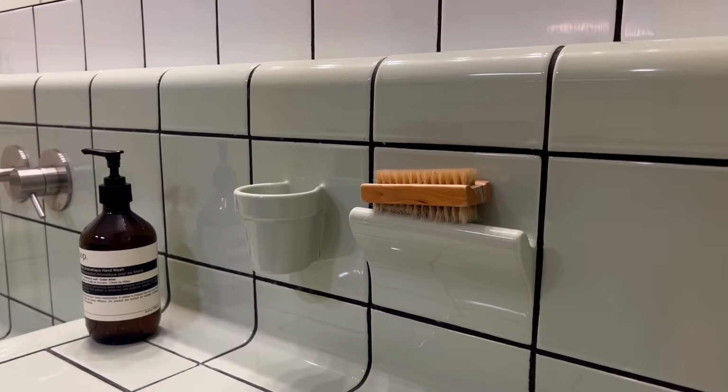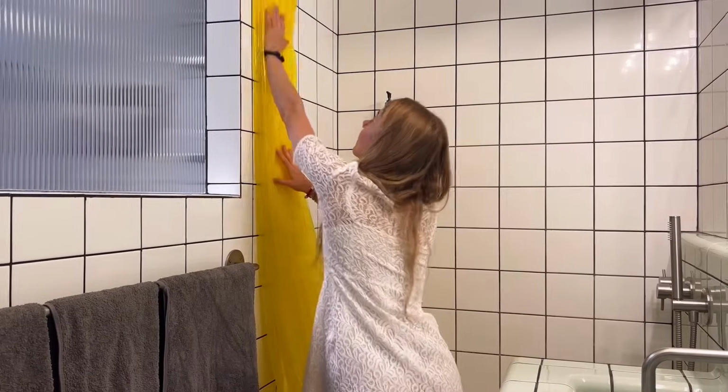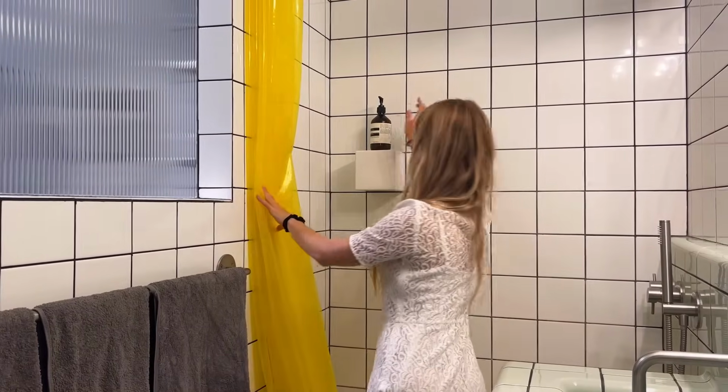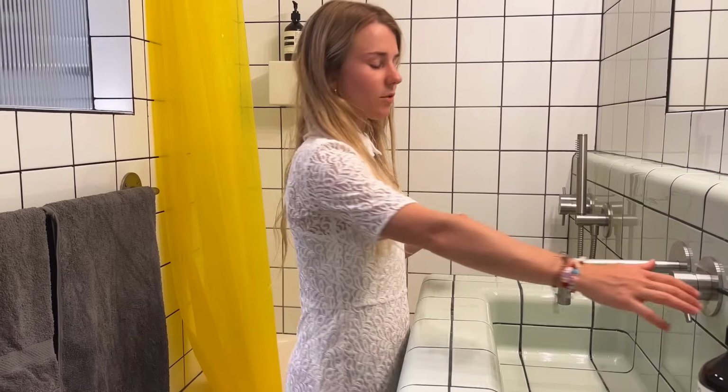Another thing that's quite cool is that some of the custom tiles have little nudges and edges that go out where you can put your toothpaste and your toothbrush. Or for example, over here at the back in the shower, you have a tile that basically just extends out. So basically it's like a convex niche. You can see everything here